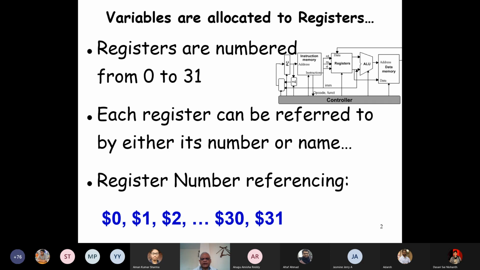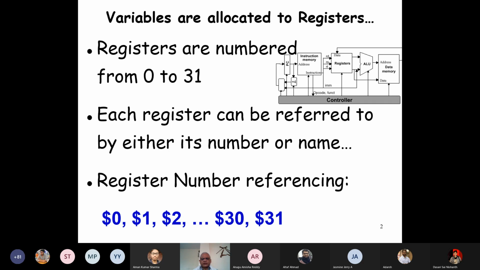One way is $0 for register 0, $1 for register 1, up to $31. So this is by their number. We can also write R0, R1, R2, etc., which we will do sometimes. And sometimes we will use names of these registers. In the next slide, we'll show the names of these registers.